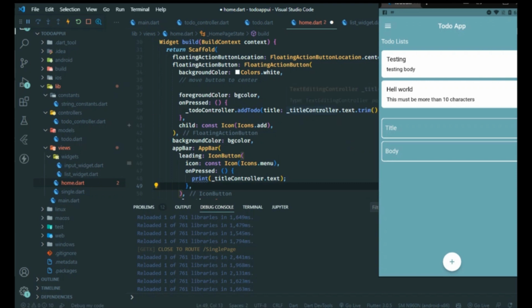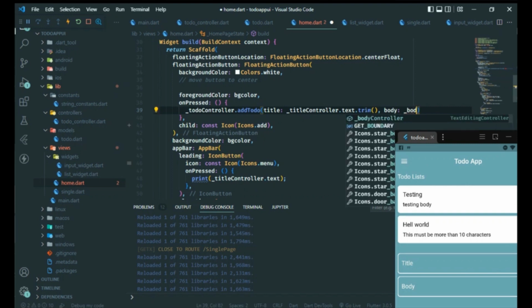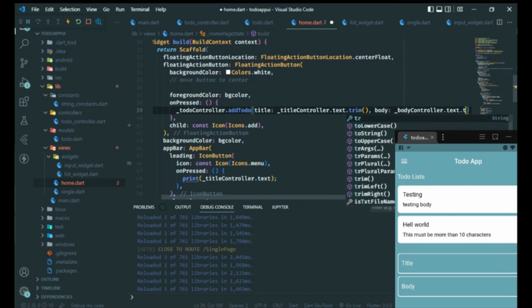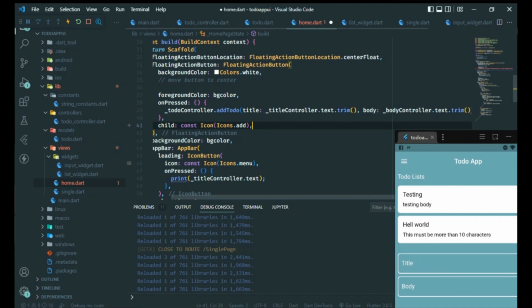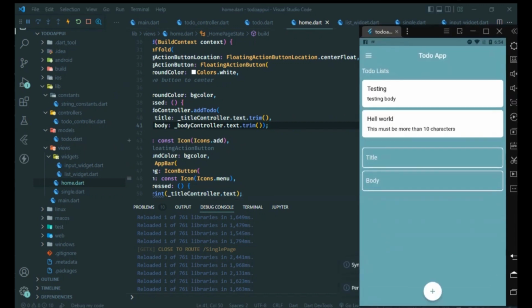So let's trim the text, and sorry, I'm just gonna put this down. Body controller dot text dot trim. Okay, save this,